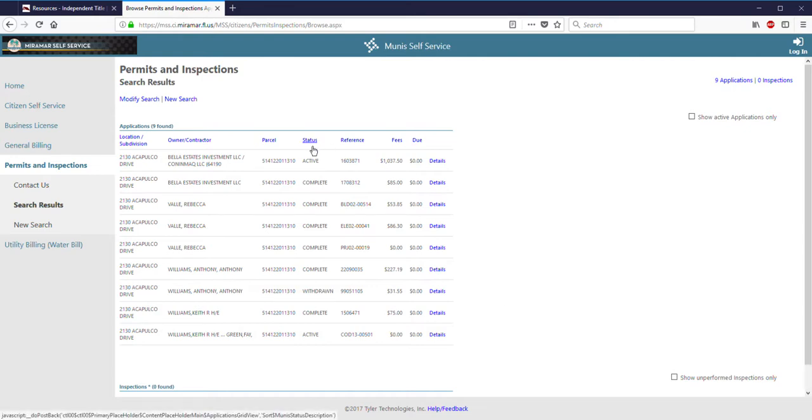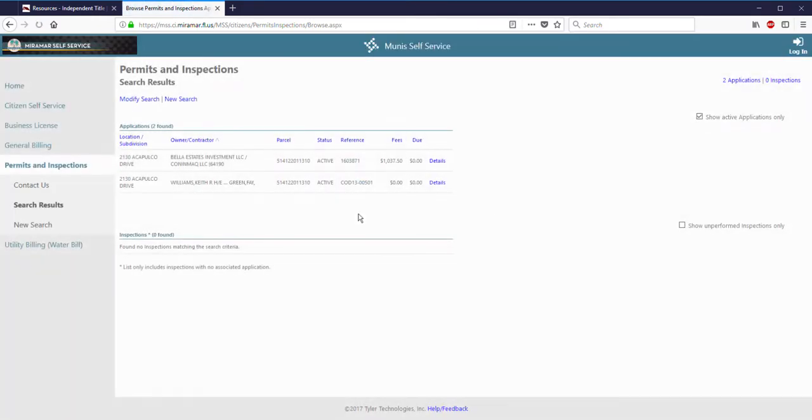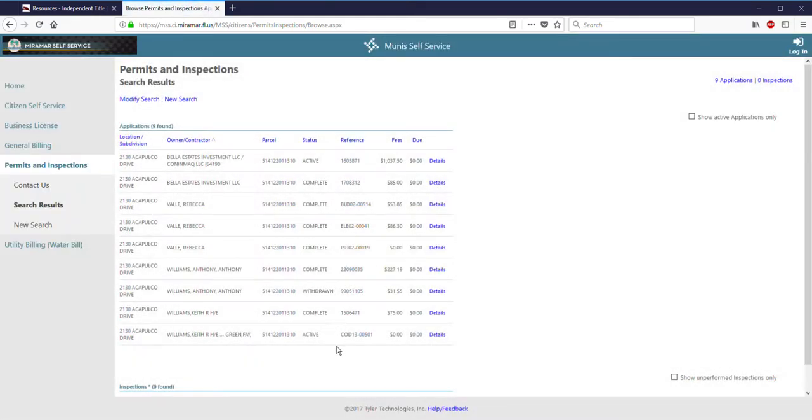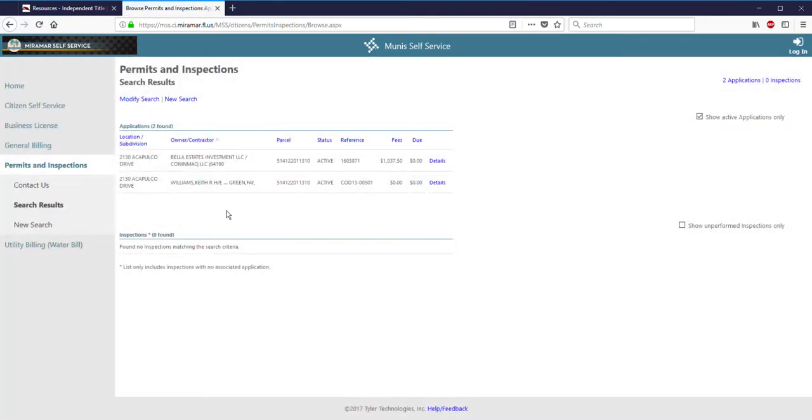We can see here the status is what we're looking for to see if there's any open ones. What's great about this website is it actually does that for you. If you hit this little button here, it says show active applications only. You can click that, and it'll sort all just the active ones, which is great. But if you unclick this, it will bring you back to the history. So I'm going to go ahead and hit this,